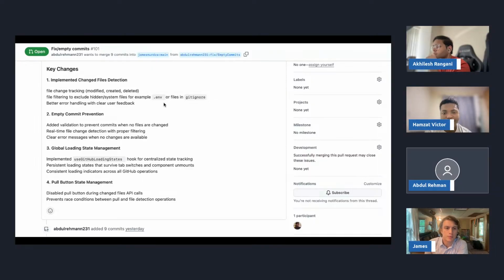Yeah, sure. Well, awesome work out there. Yeah, really nice work, Abdul. It's great. Looking forward to wrapping this up, and I will go through this. I think this is basically it for the GitHub integration for now. I'll go through all of the code with him, make sure that it's well organized, and then he can move on to something new.